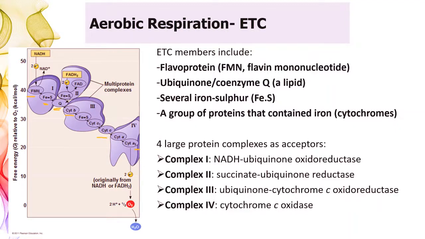There are also 4 large protein complexes as acceptors in this electron transport chain, which are protein complex 1, protein complex 2, protein complex 3, and protein complex 4. And at the end of this electron transport chain, there is oxygen, and oxygen here has the function of final